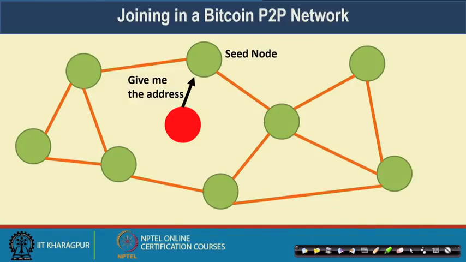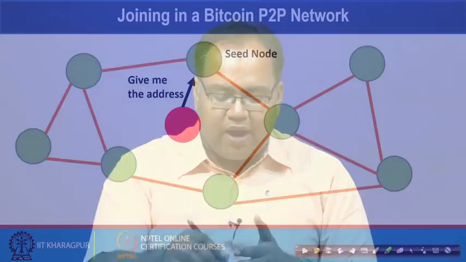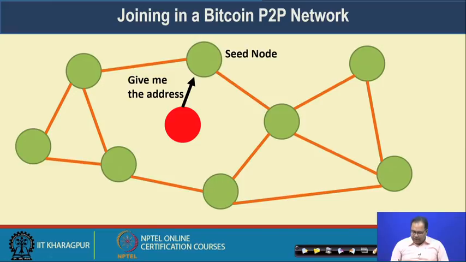In such an overlay network, whenever a new node wants to join, there are certain nodes in the network which work as seed nodes. The task of the seed node is to provide the initial information to the new nodes who are going to join. Whenever you install your Bitcoin applet, the addresses of those seed nodes are already inside it. So, when you try to join the network, you send a message to one of the seed nodes asking for peer addresses.